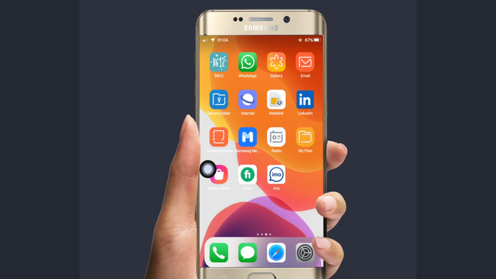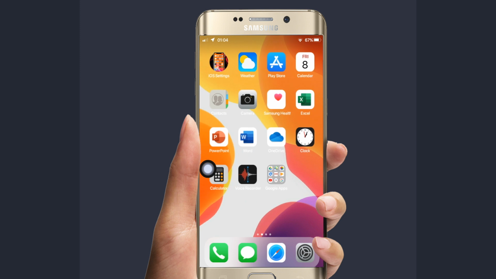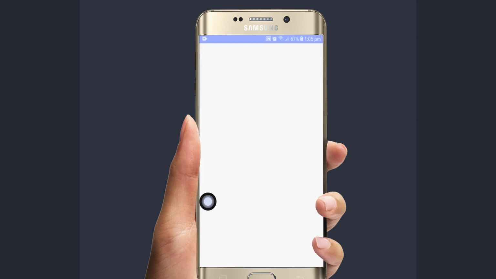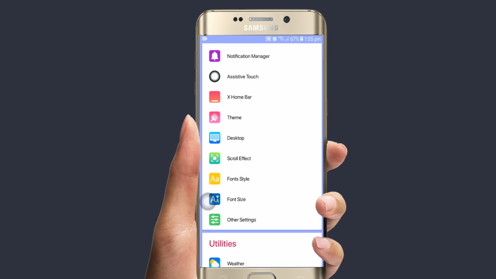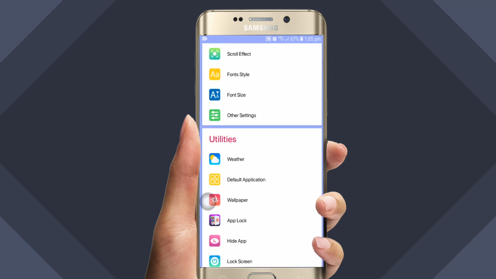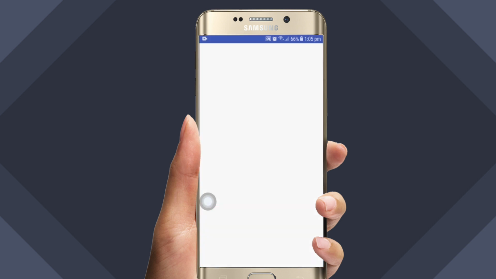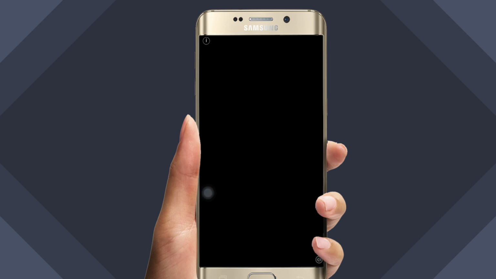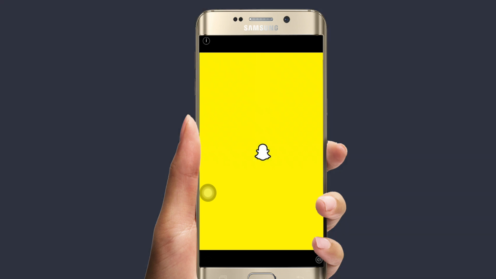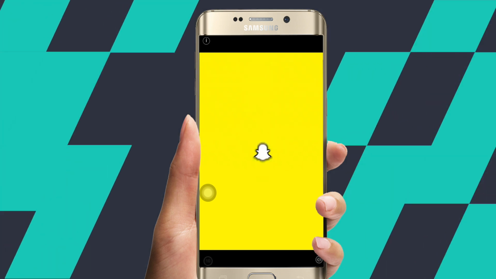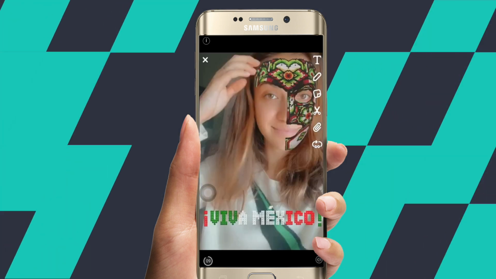Here you see all the features of iPhone. You can also hide the apps which you don't want to see. Here are some ads you can skip after some time. These are ads of almost 10 seconds.